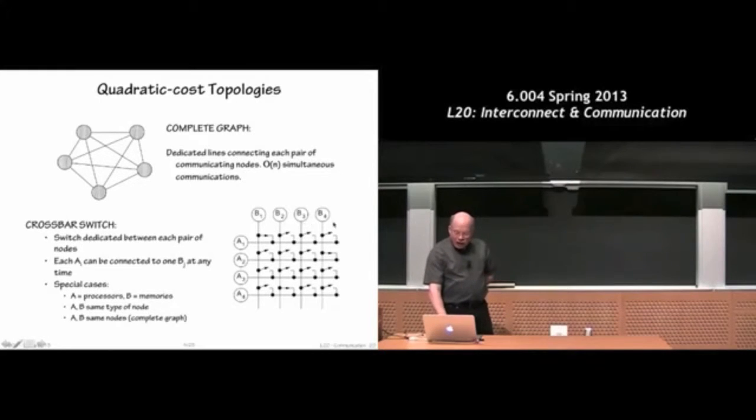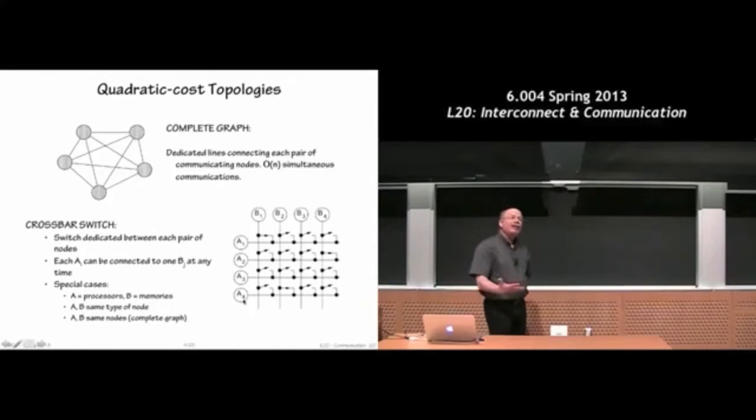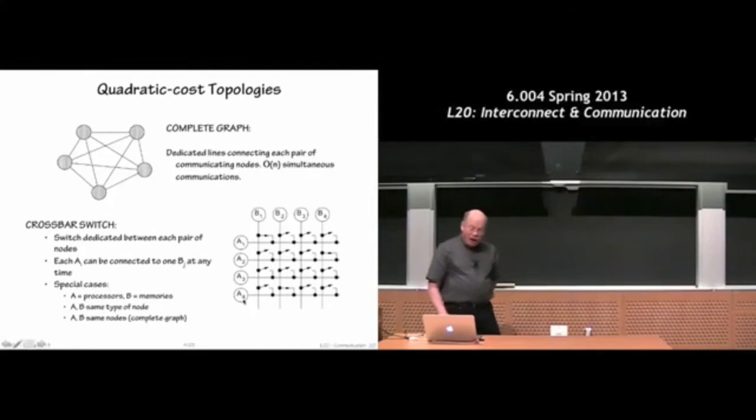A slightly more elegant approach, perhaps, is a crossbar switch. Imagine the A's were all your processors, and B's were all your memory modules. This would be a way in which it would be possible for each processor to access a different memory module all simultaneously. So with carefully orchestrated communications, it would be possible for every CPU to talk to every memory system. And with less orchestration it's possible for you to get everywhere, but you may get some collisions,